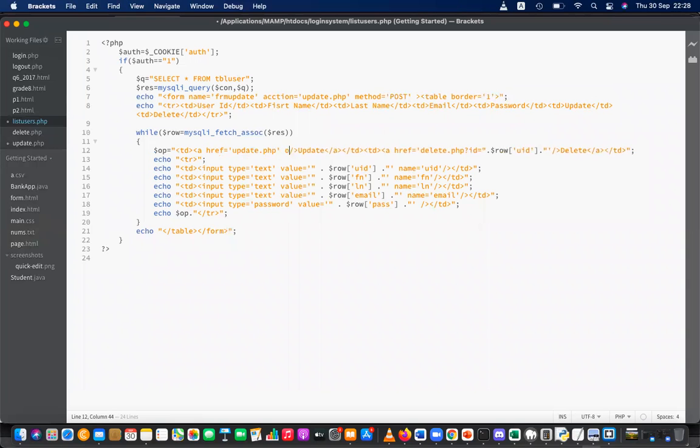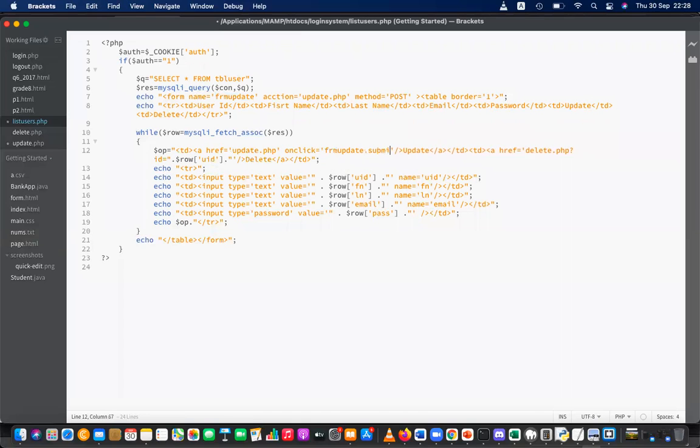On click, the form needs to be submitted. Let's say FRM update dot submit. That is one thing that I can do, right?